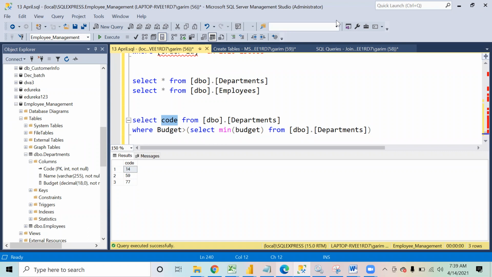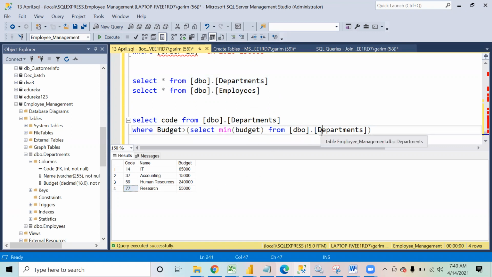We want to pick up this budget, where it is research. We want to pick up code 77, out of the budget 55,000, because that is the second lowest.